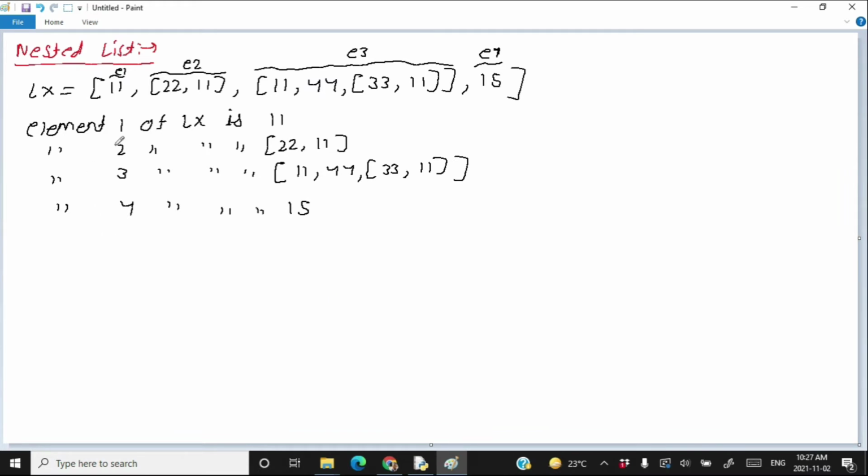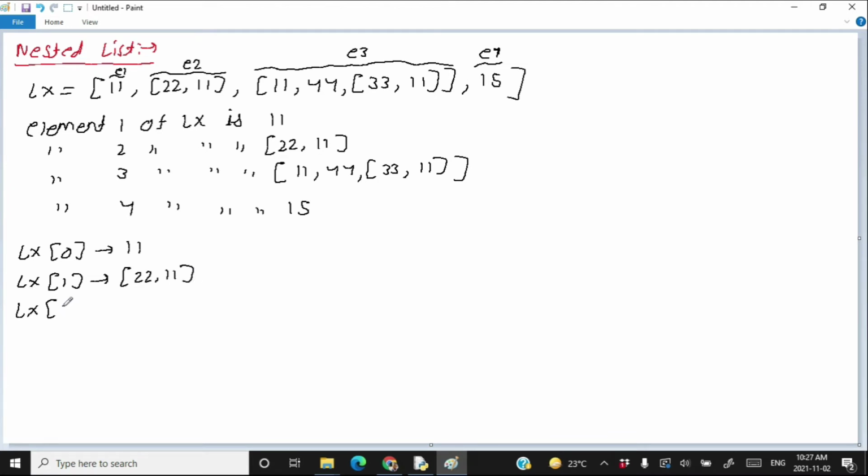Now look at the element number 1. The element number 1 is just an integer. So if you write here LX0, it means 11. LX1 means this list 22 and 11.